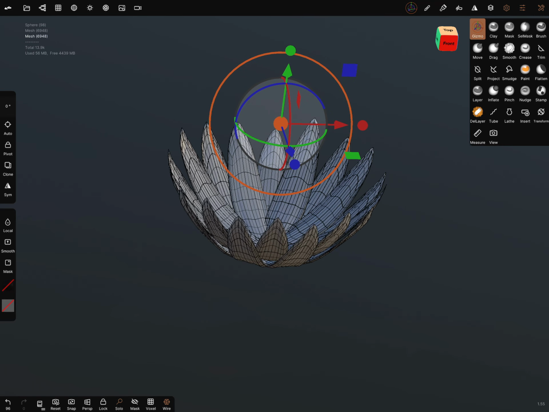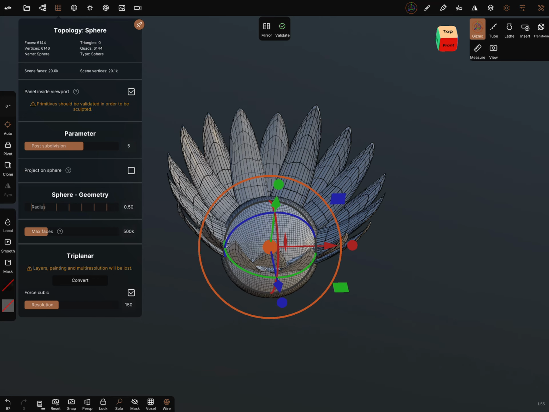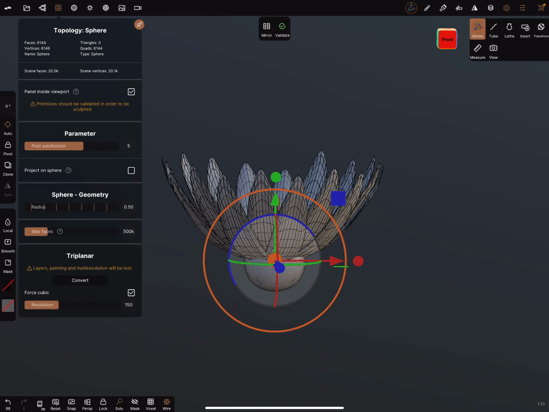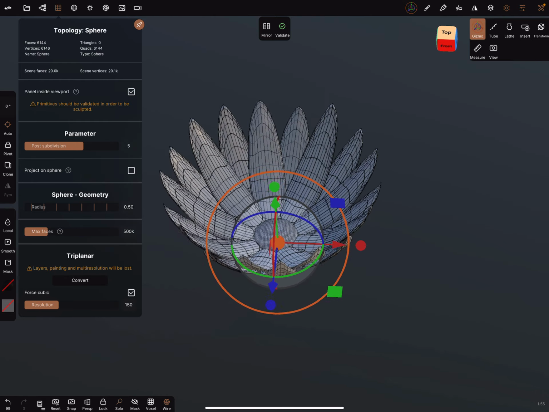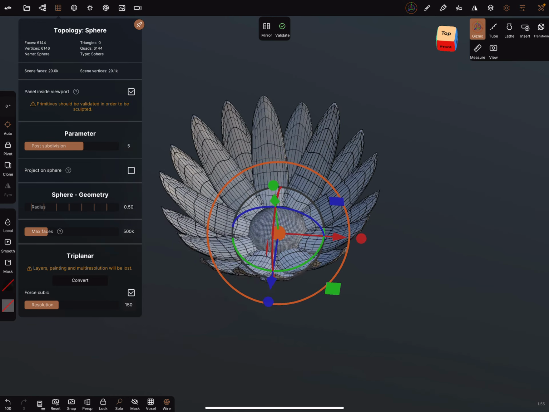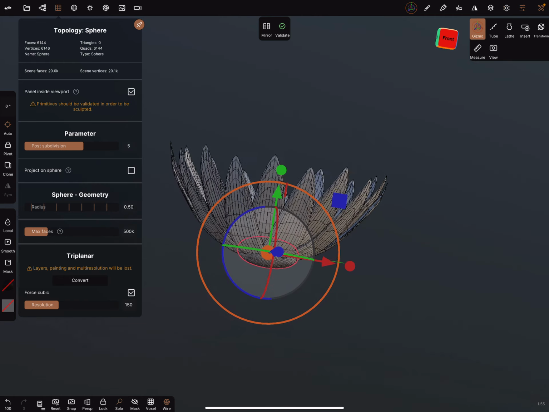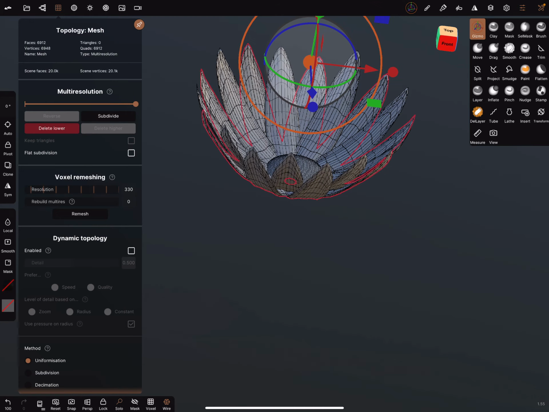And you can bring a sphere inside, top view, and scale it a little bit down. In the front view, you can squeeze it a little bit, bring it a bit up. And I turn on the outline.